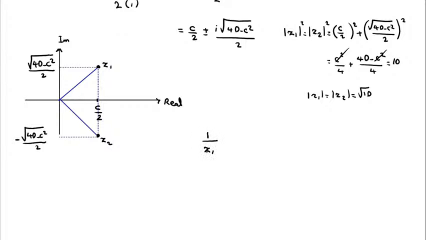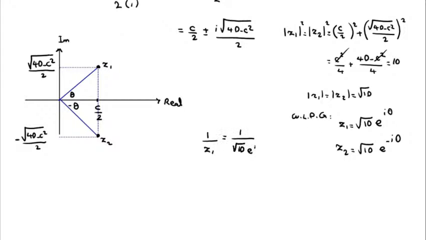Now, let's calculate 1 over z1. Suppose the angle is theta. It is negative theta. And without loss of generality, suppose z1 is root 10 in polar form, e^(i theta), and z2 is root 10 e^(negative i theta). Okay, 1 over z1 is 1 over root 10 e^(i theta), which will be 1 over root 10 e^(negative i theta). So 1 over z1 is here,